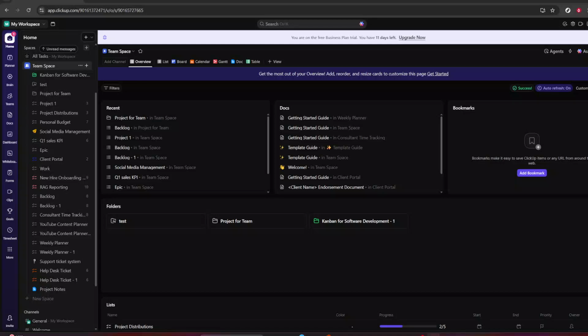In today's video, I'm going to teach you how to reset password in ClickUp. We'll start right inside ClickUp from the main area where you organize your work. Make sure you're on the overview page of your team space within My Workspace. This is the hub that shows what's happening across your space and is the best jumping off point for account